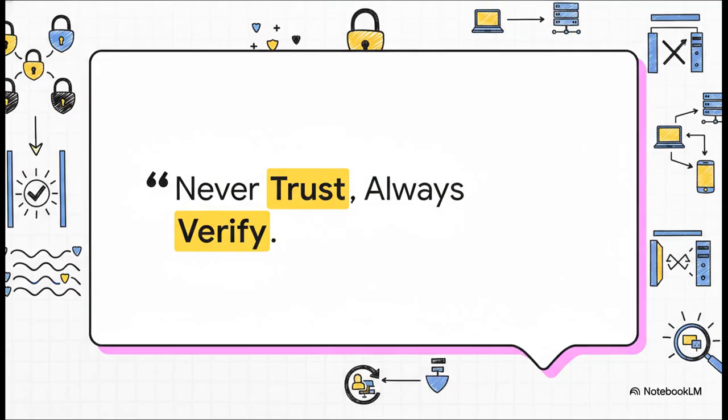This quote right here perfectly captures a huge shift in security thinking called zero trust. The old way of doing things was trust but verify, which basically assumed that anything already inside the network was probably safe. Zero trust completely flips that on its head. It assumes no one and nothing is trustworthy by default, and it demands strict proof of identity for every single request to access anything, period.